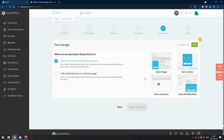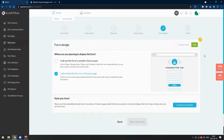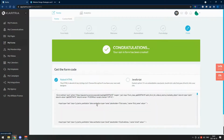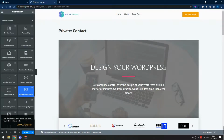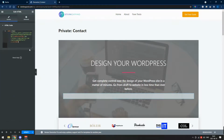So if you go into the form of Kartra, we can choose the form design in the form design step inside a form if you want it to go inside of a Kartra asset or if you want the form to be embedded in a third party. So you can select this step instead, click save, you can build it out and click save, and you will get the naked or the JavaScript. And let's just check out how it becomes. We will go to the HTML snippet, put it inside, put the code in,